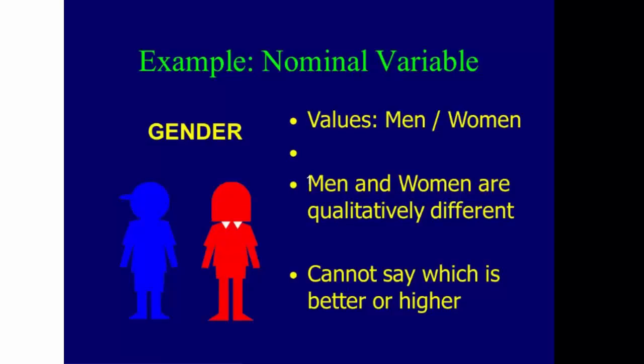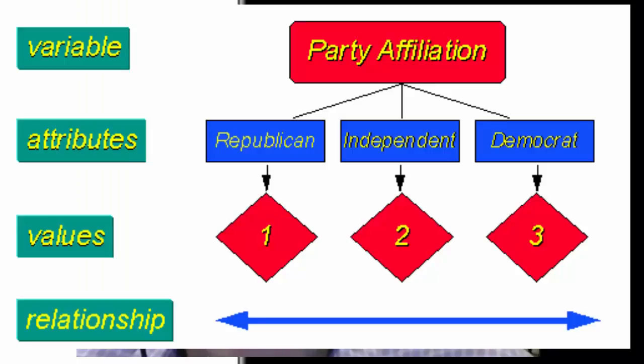Biological gender is an example, male or female. The numeric value assigned for statistical analysis is arbitrary. Many researchers code male as 1 and female as 2, but the opposite would work equally well because they're not in any order. Nominal variables are exhaustive and mutually exclusive, meaning all cases get a category and no two categories